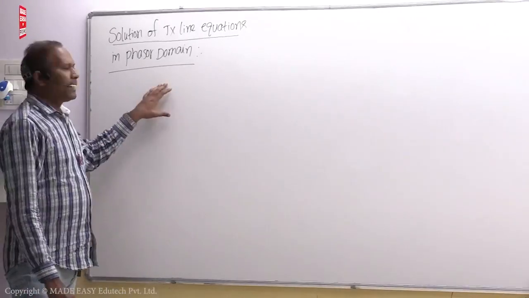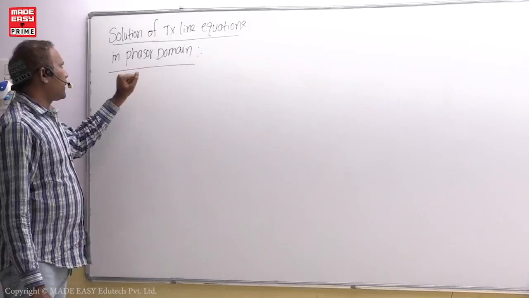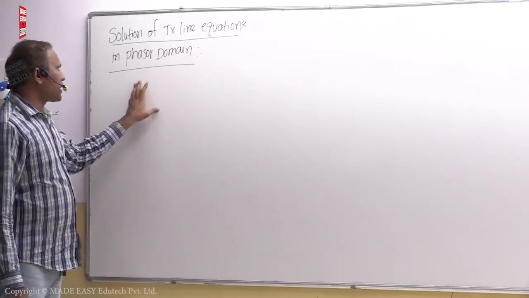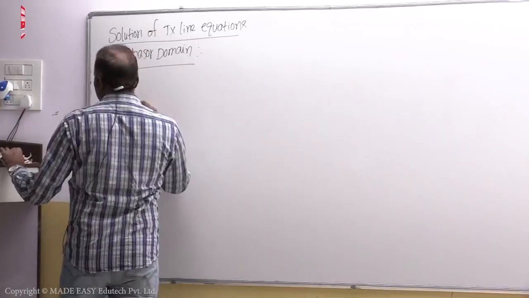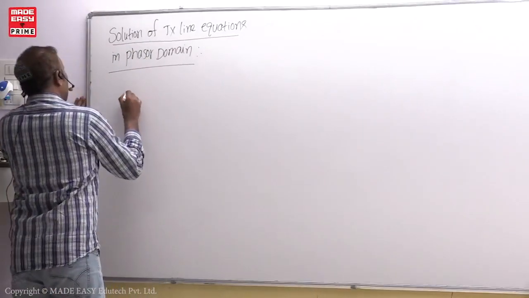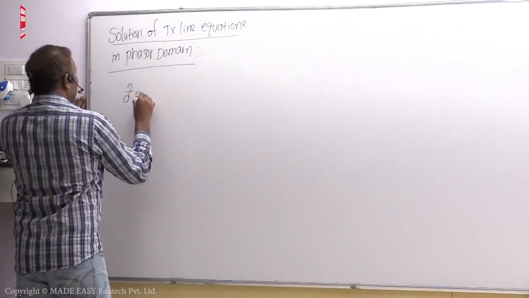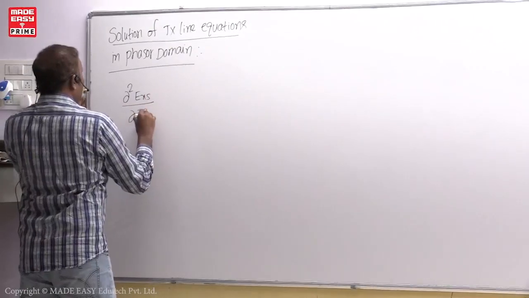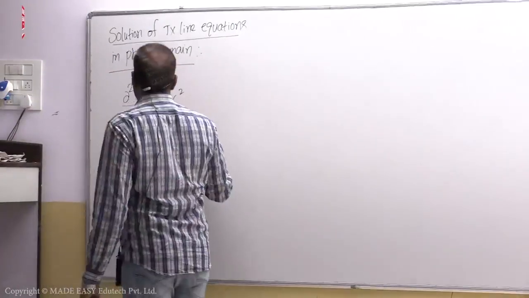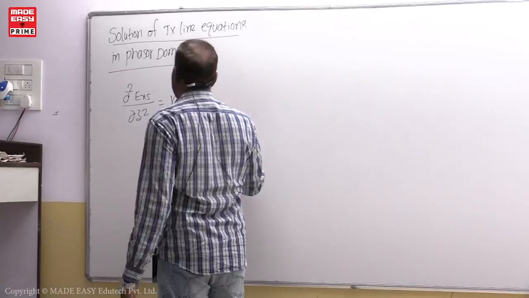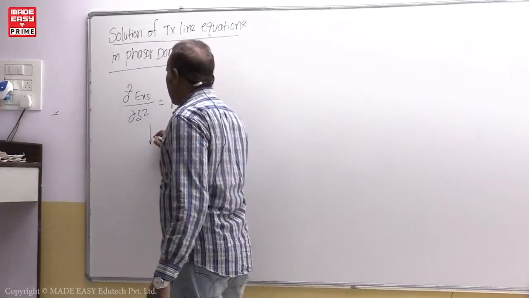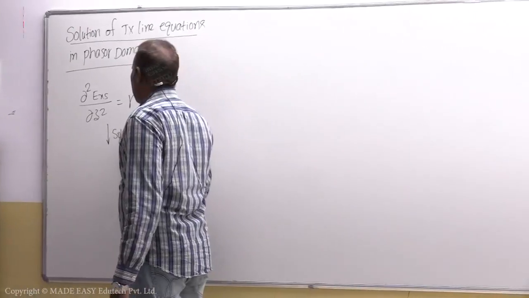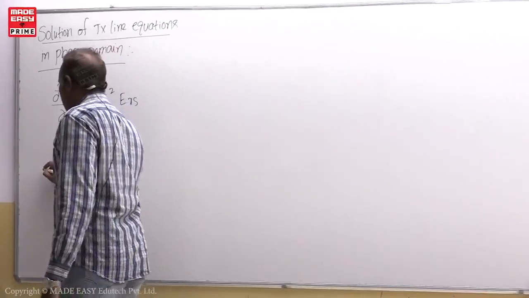Dear students, here let us talk of the solution of transmission line equations in the phasor domain. Already we know that ∂²Exs/∂z² = γ² Exs. This was the equation in the uniform plane wave. So if you see the solution of this one,